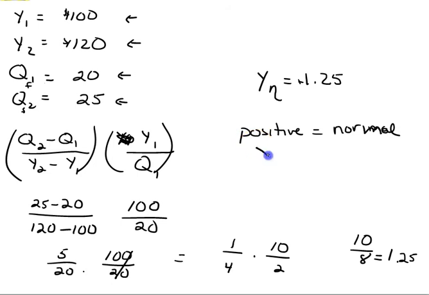We also know this elasticity is greater than 1, positive 1.25. It also means it's elastic. So this says a 1% increase in income will lead to a 1.25% increase in the quantity